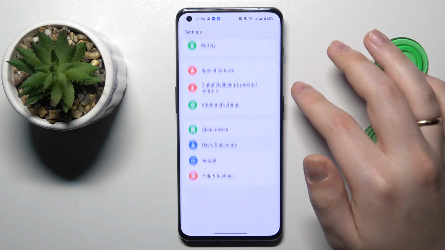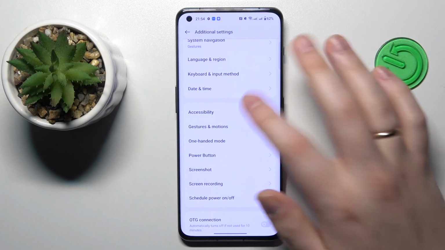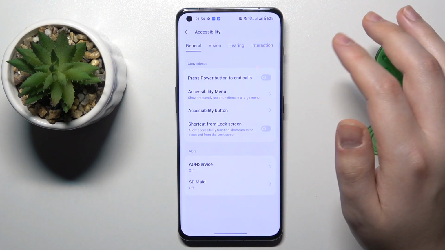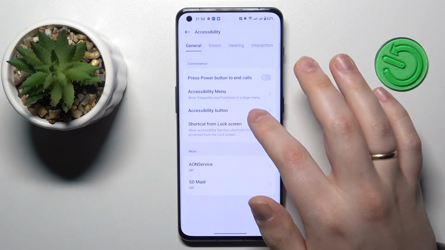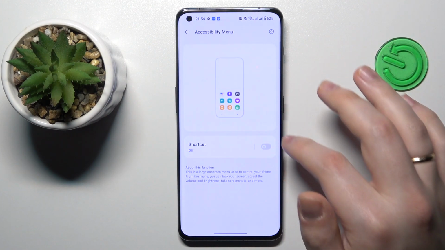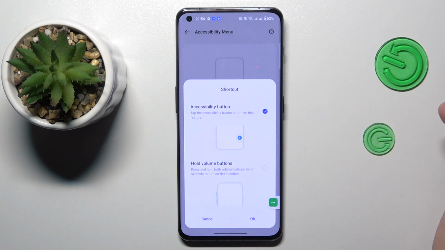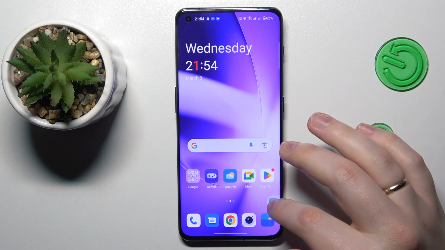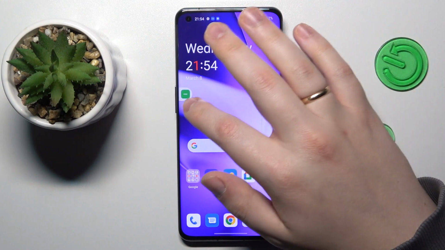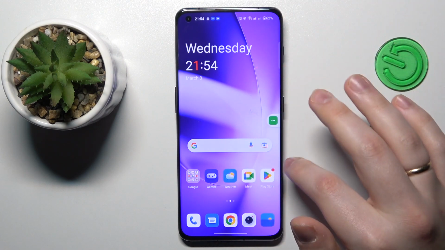settings, then going for the additional settings category. In here, enter the accessibility section, then go for the accessibility menu, and in here, in front of a shortcut, turn this toggle on, then tap allow, OK. As you can see, this shortcut appears, which you can move, whatever actually, and once you tap on it,